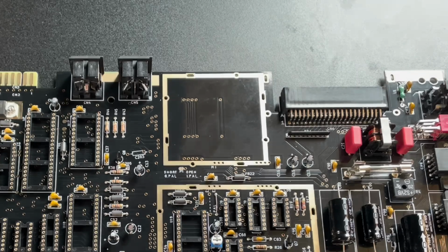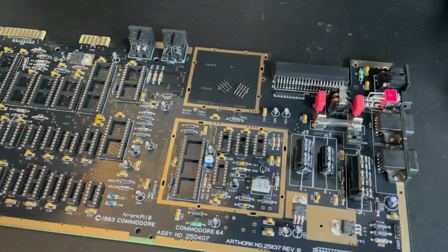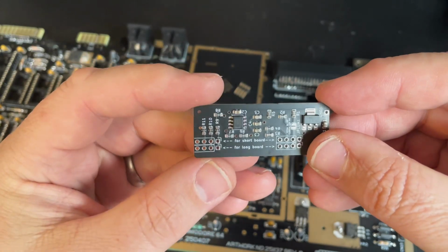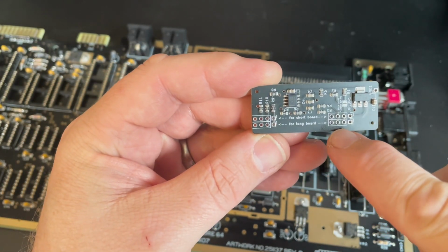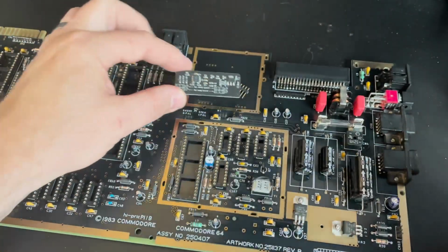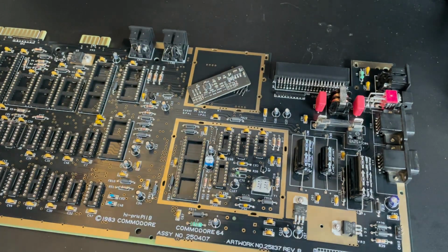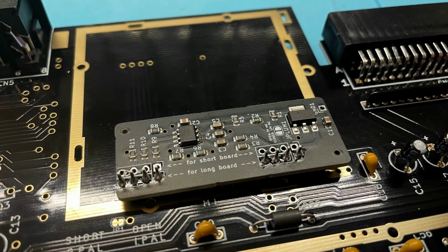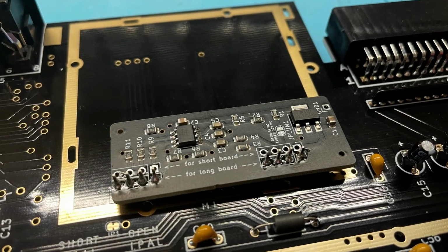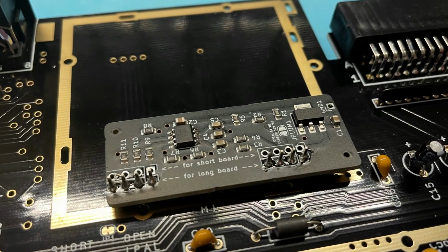You'll have noted that there's no modulator in here, and that's because I don't need RF output, so we'll be using this modern modulator replacement by Copper Dragon. It has options for both a long board like we have here, and also for the short board that was fitted to the 64C. And that looks really nice, and was the main reason I wanted a black PCB in the first place, to match with this,